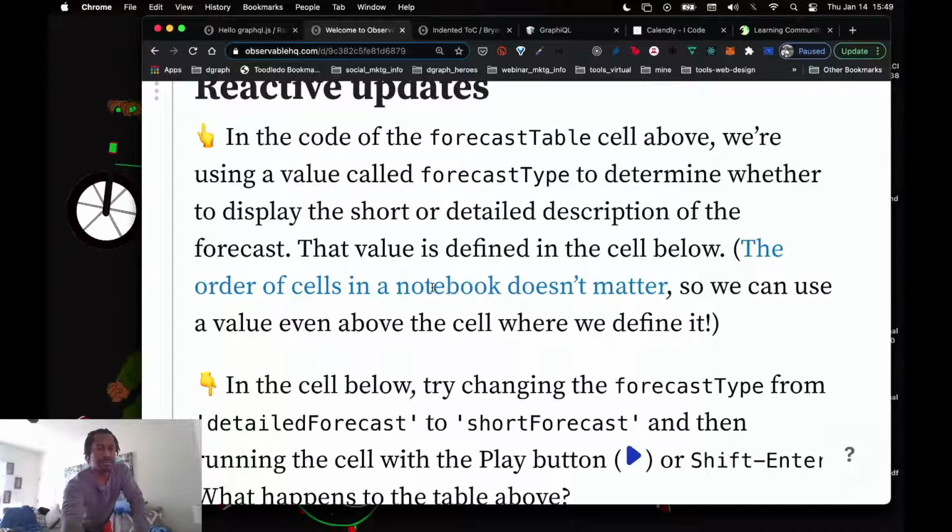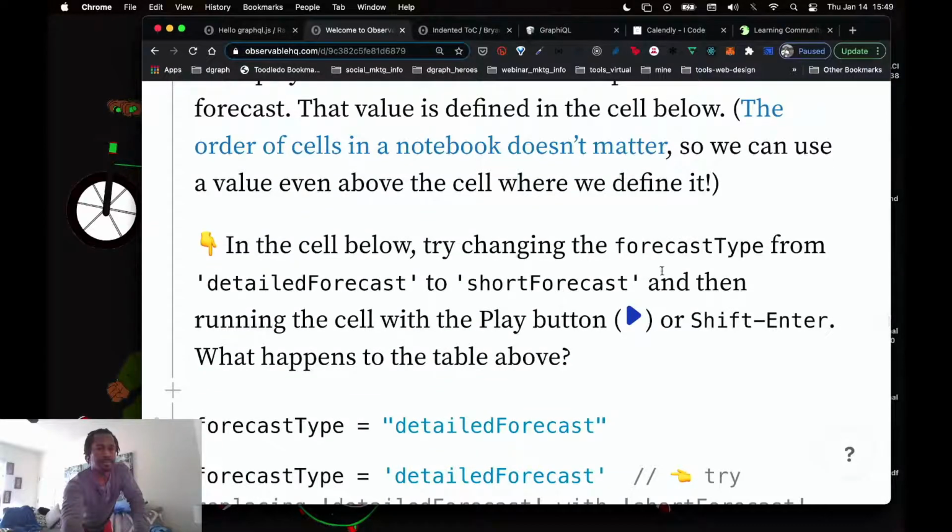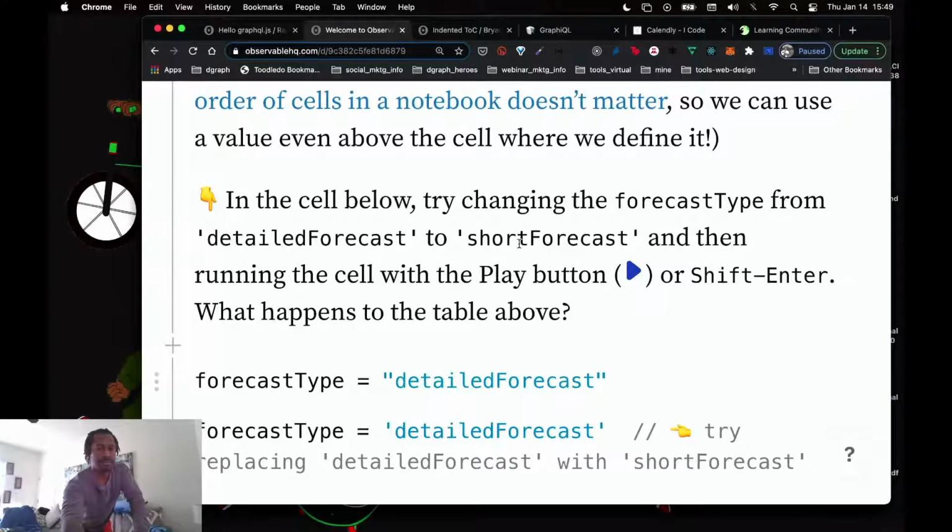The order of cells in the notebook doesn't matter, so we can use a value even above the cell where we define it. That sounds very JavaScripty, like hoisting. In the cell above, try changing the forecast type from detailed forecast to short forecast, and then